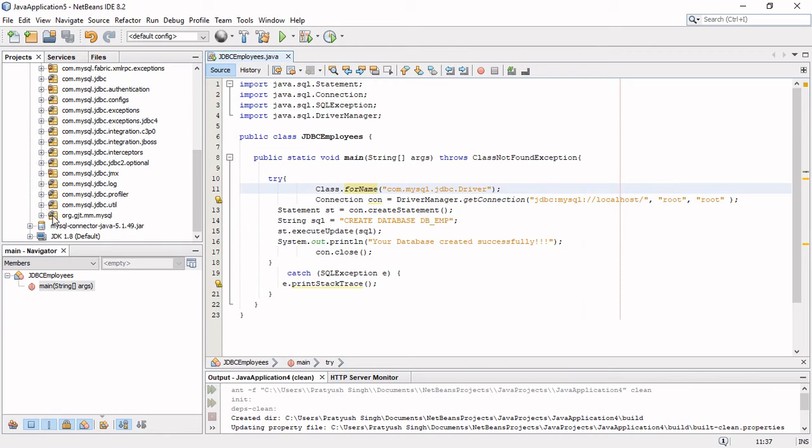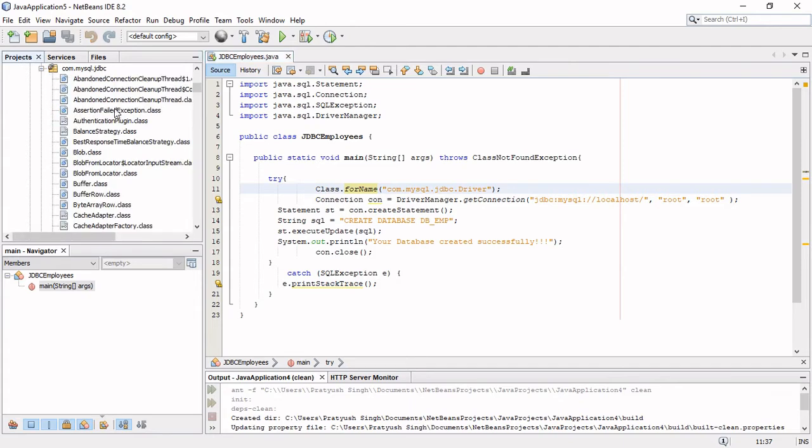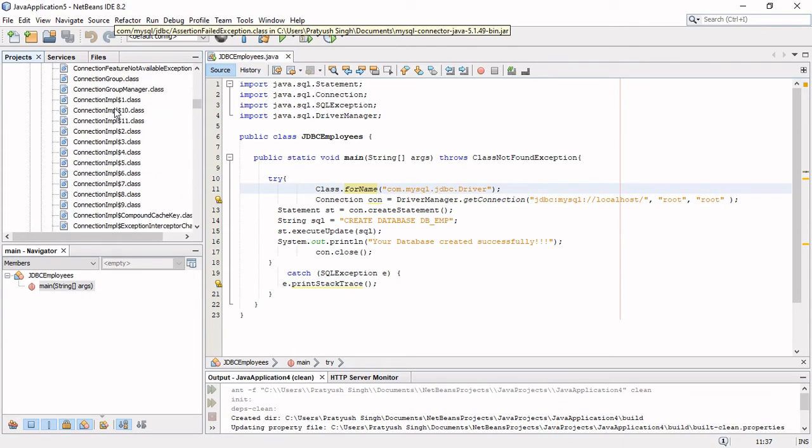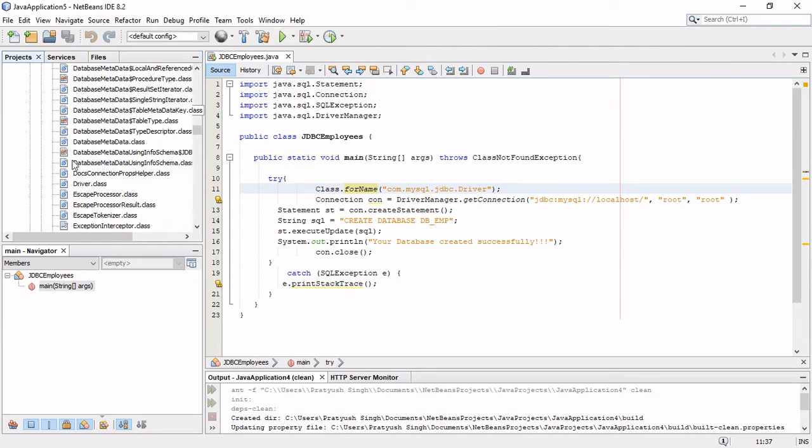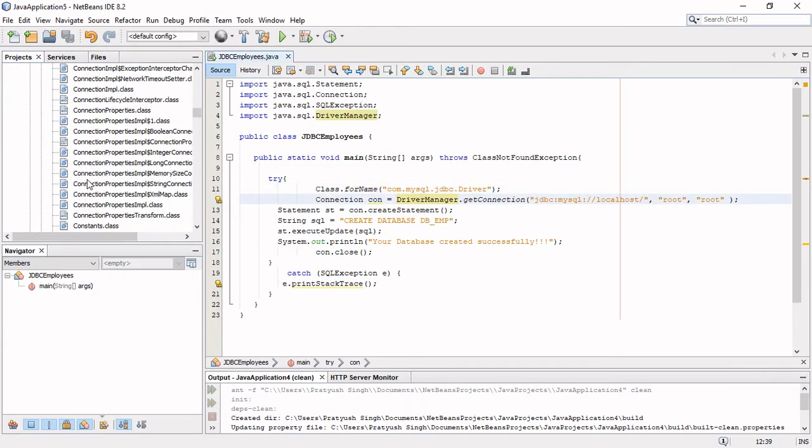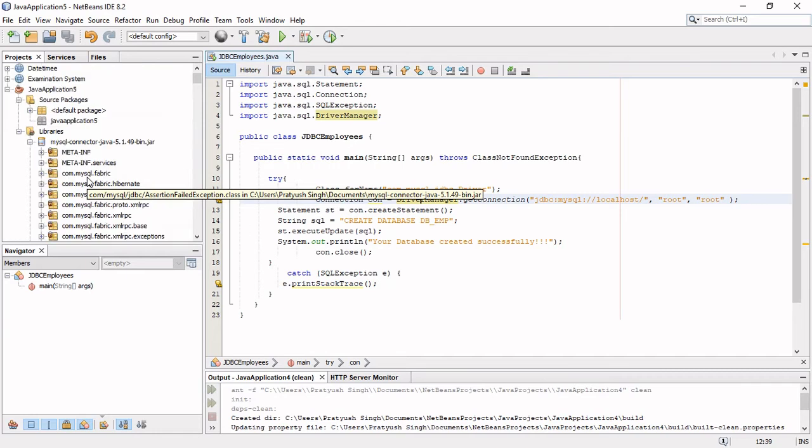So where is this com.mysql? So here is com.mysql.jdbc. So let's find the driver class in here. So here is the driver class. So we can see the address of the driver class resides inside our jar files that we have added. So these are important jar files.